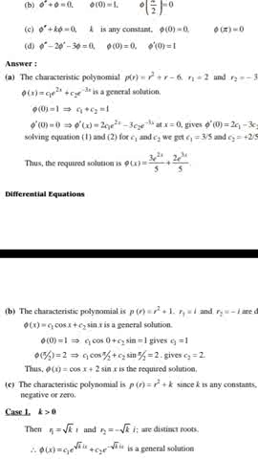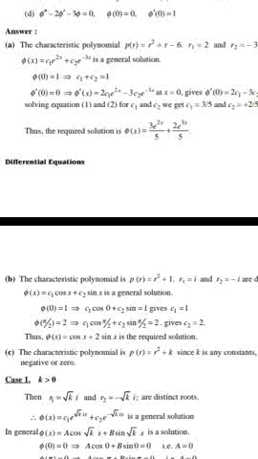Therefore the solution is phi of x is equal to c1 e raised to 2x plus c2 e raised to minus 3x, which is the general solution. Now phi of 0 is equal to 1. This implies that c1 e raised to 0 plus c2 e raised to 0, that is c1 plus c2 is equal to 1,